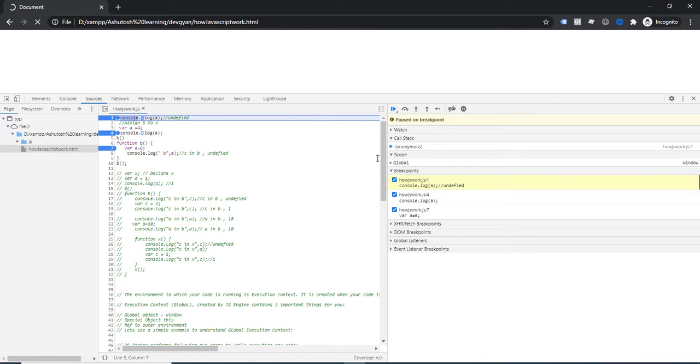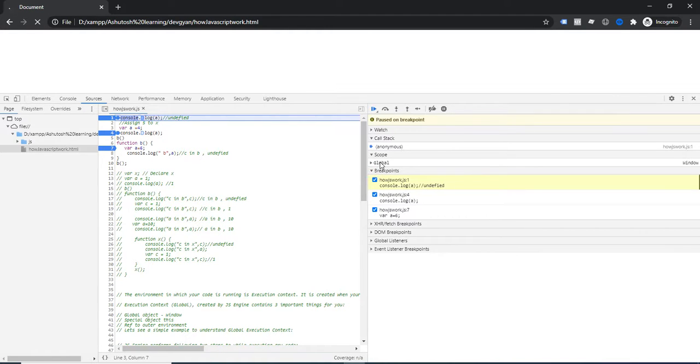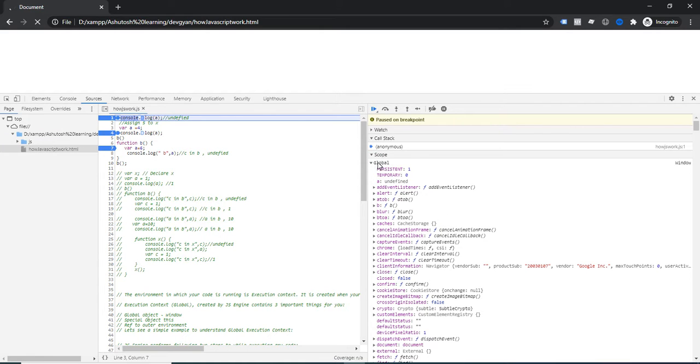So on the right side you can notice the section of scope. In the scope you can notice the global object is created. Why global object? Because global execution has started, that's why this is the global object. The global object is also known as the window object.